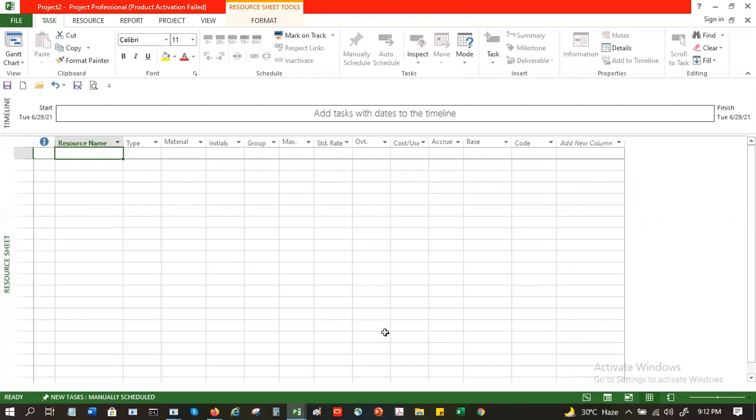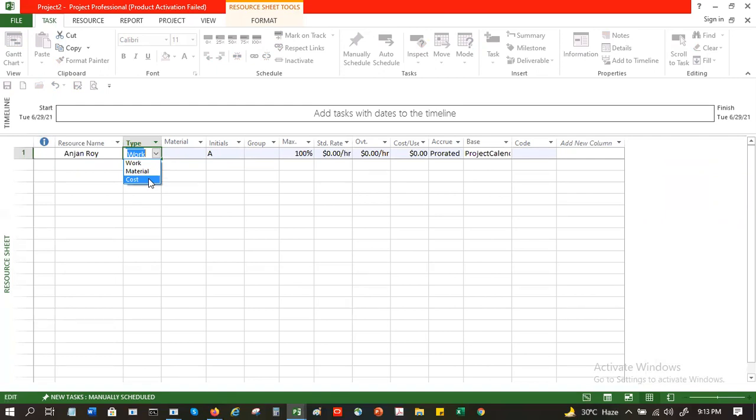So here you can give the name of, let's say, Anjan Roy. And you can give the type. There are three different types of resource: work, material, cost. Work is whether it is labor cost or expenses or whatever it is. Materials are something that you are consuming in your project, and cost is something that you don't know upfront, like travel cost or hotel stay, lunch and dinner cost.